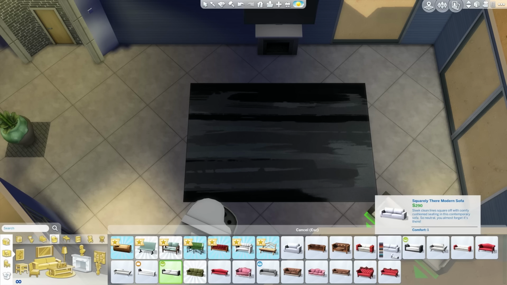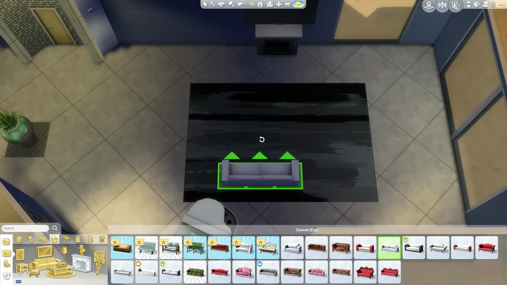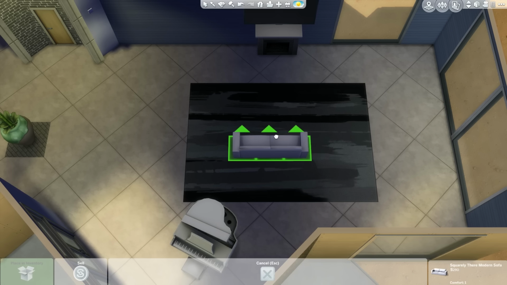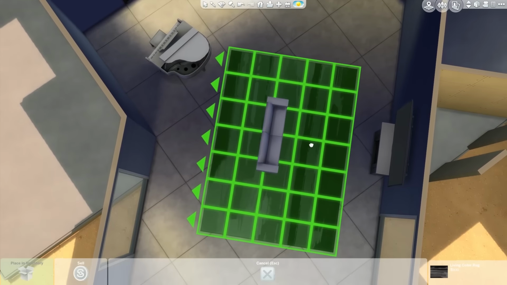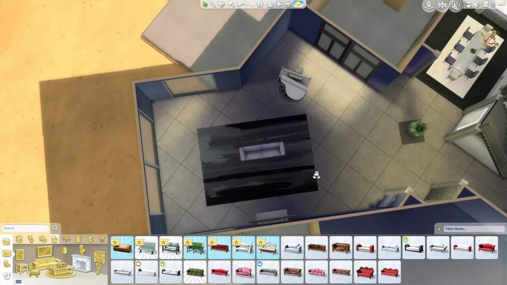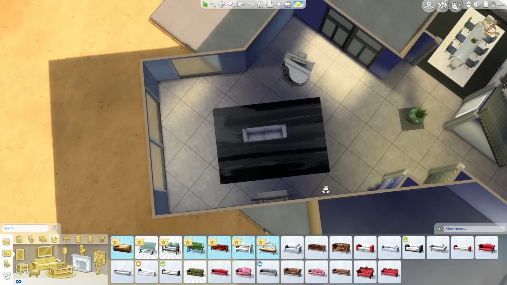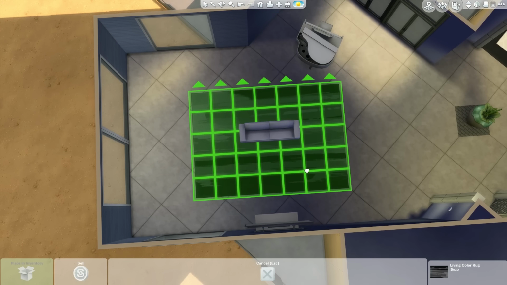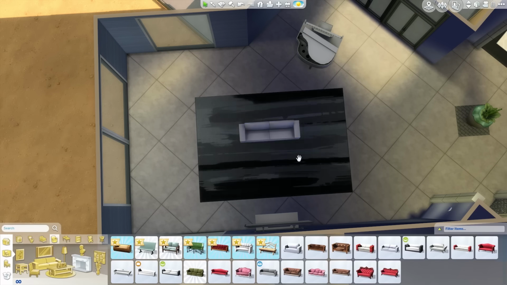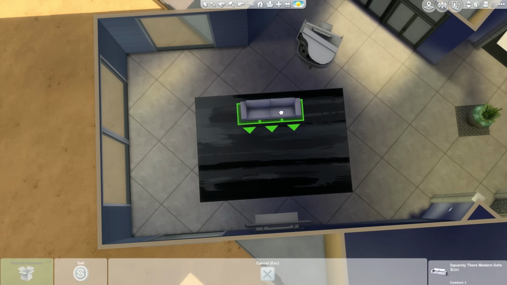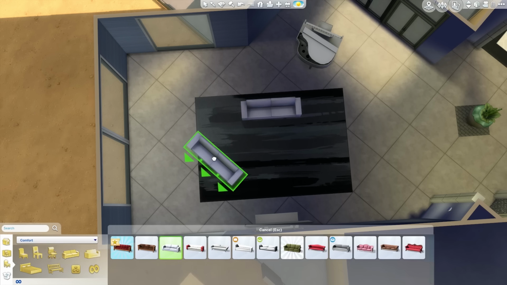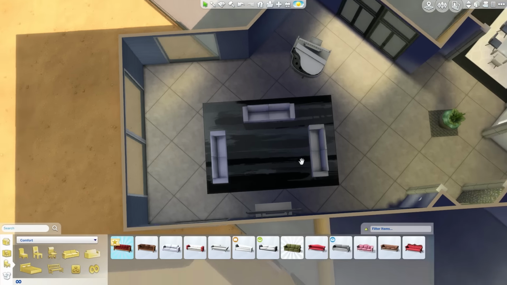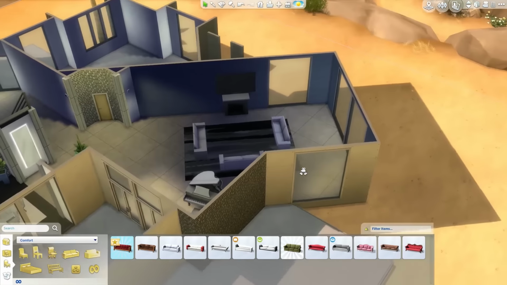We could use these. Those are for outdoor stuff. So I guess we could just get in these. These are pretty simple couches. I don't want them to be too far away from the fireplace. I don't even think this rug is centered. Nope, it's not. That's still not centered. It's not even gonna get centered. So I'm just gonna have to place it in like that. And I guess I could really use 3 of these couches if I wanted to, since this space is so